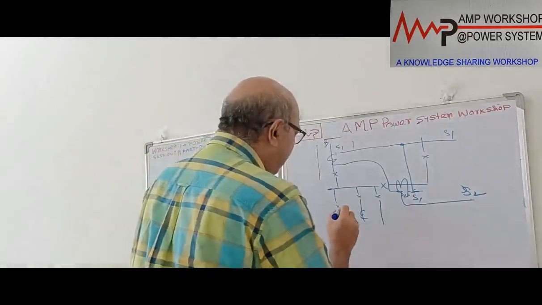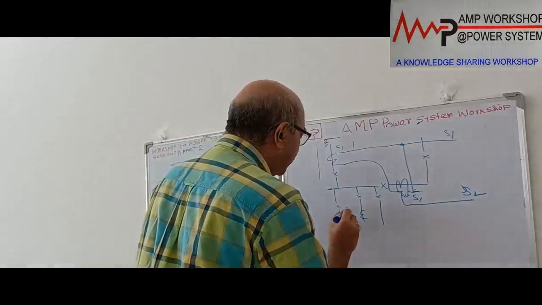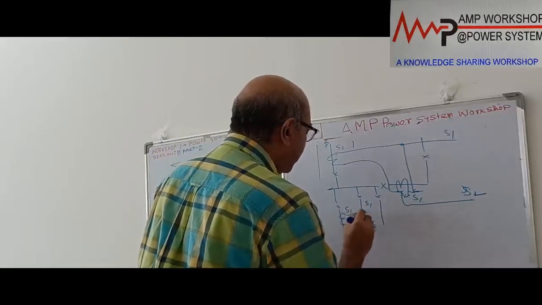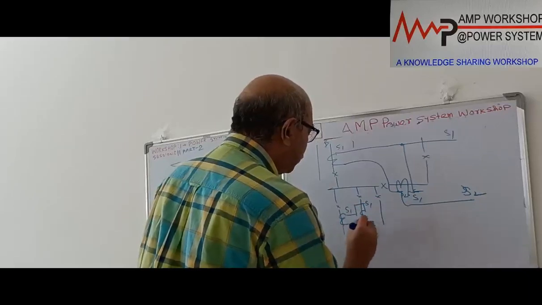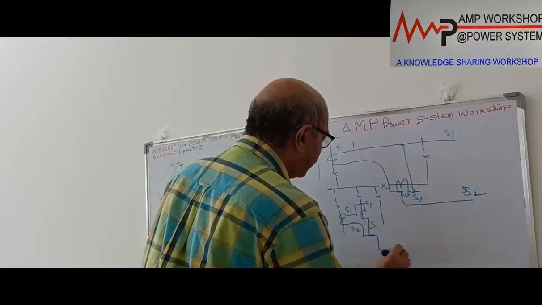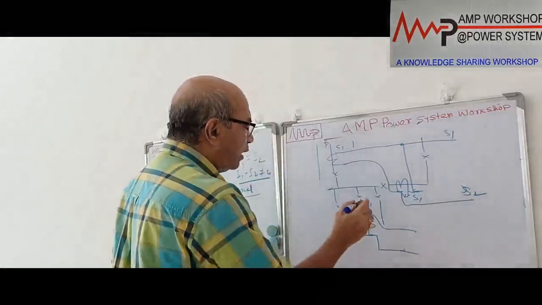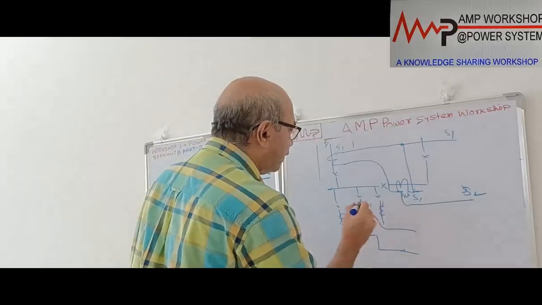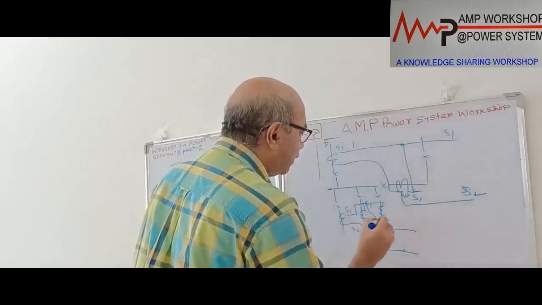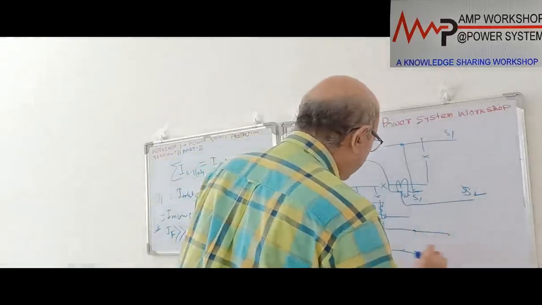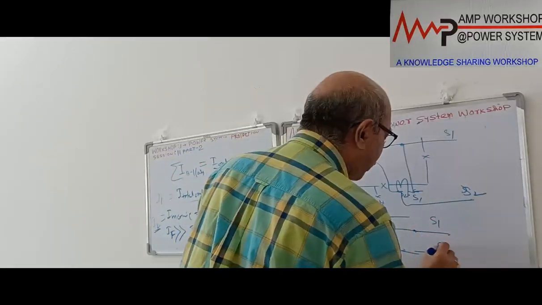Now the outgoing. Here also the current is going this way. So this is S1, this is S1, this is S2, this is S2. This S1 will be shorted, and this S2 will be shorted. Then this S2 will come, and this S1 will come. So this is the outgoing sum. If there are more feeders, they will be connected in the same way, with the lead coming from here. So this is our S1 and this is S2 for the outgoing.